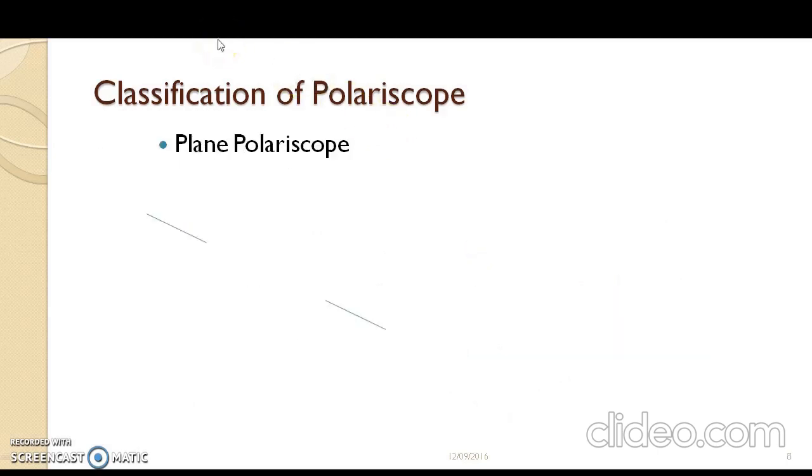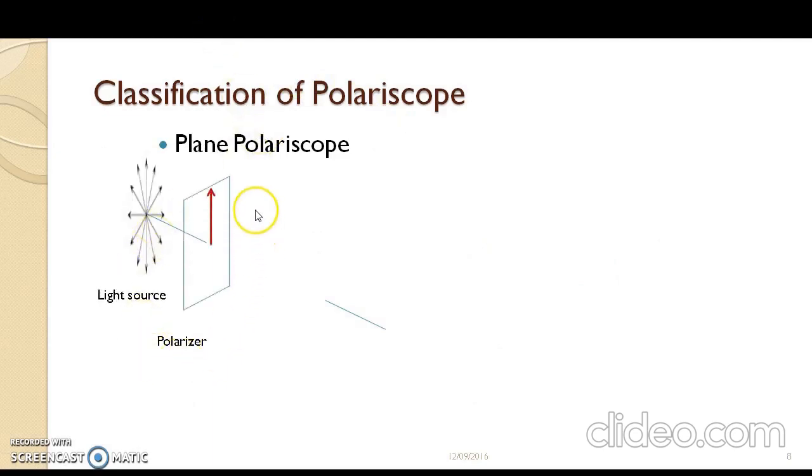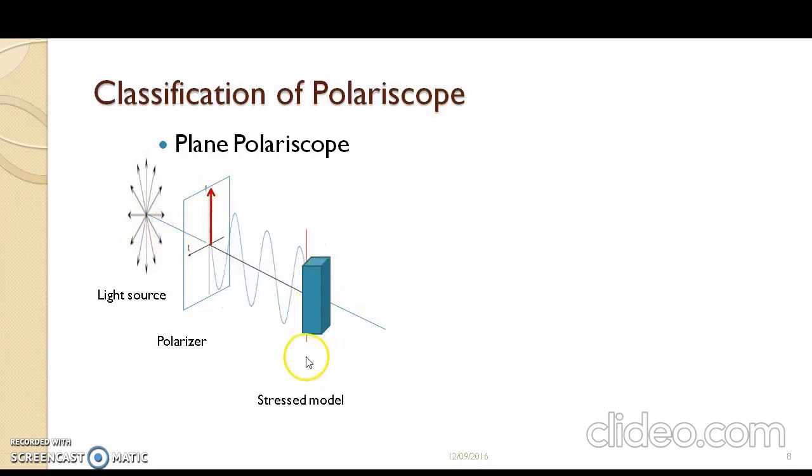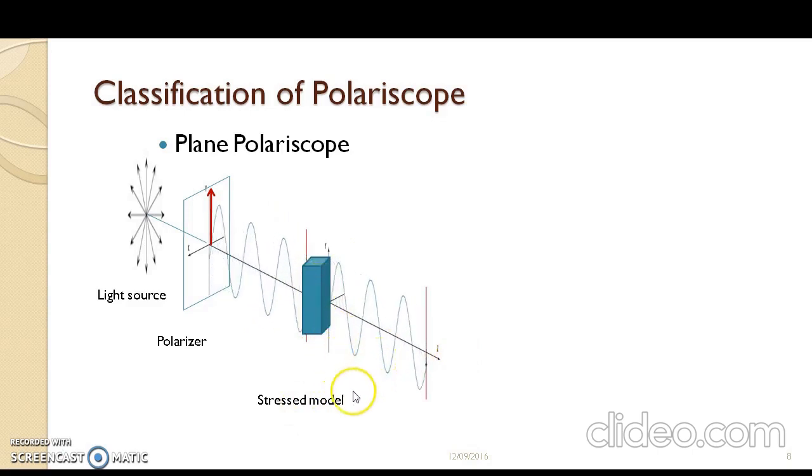Now let us understand the working of a plane polariscope. There is a light source, and you have a polarizer. This polarizer is placed with a vertical plane of propagation. As you can see here, when the light passes through the polarizer, it passes as a single plane of propagation. Now when it passes through the stressed model here, since the model acts as a full wave plate, there is no change in the polarized light which exits, and the property of this polarized light is the same even after passing through the stress model.